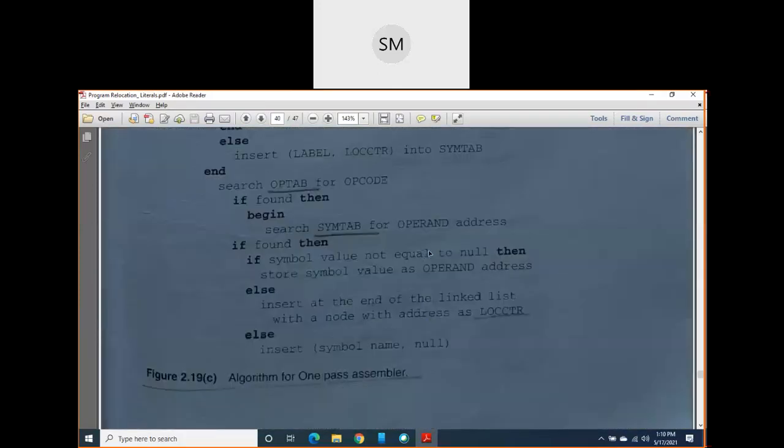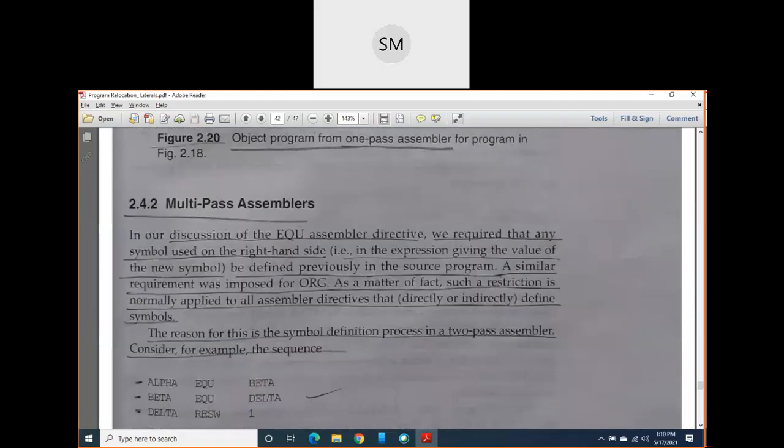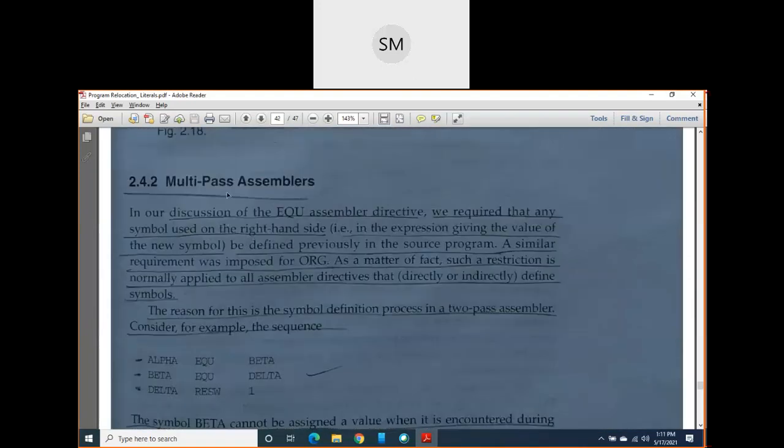In the next class I will explain multipass assemblers. This is also very interesting. Don't always think that assemblers use pass 1 and pass 2, or else only pass 1.